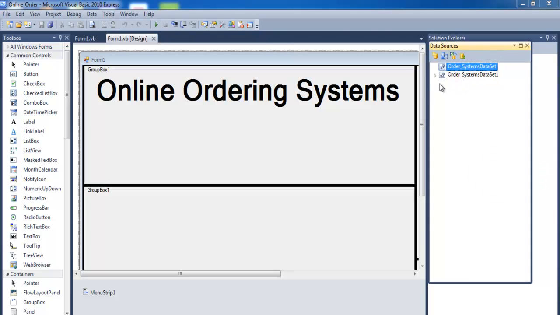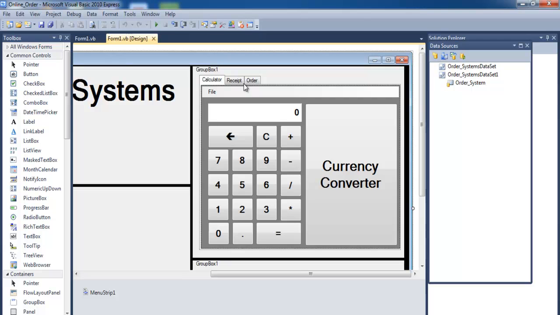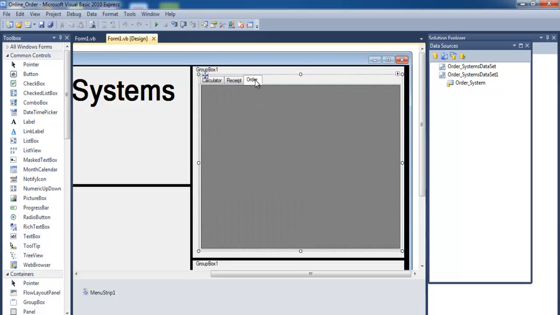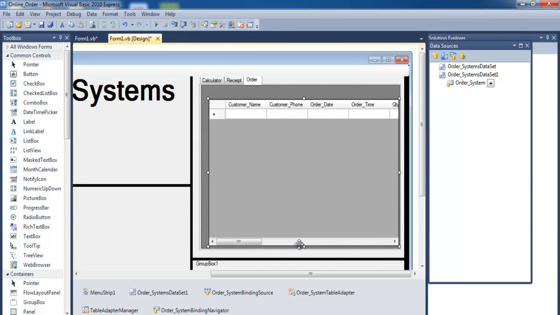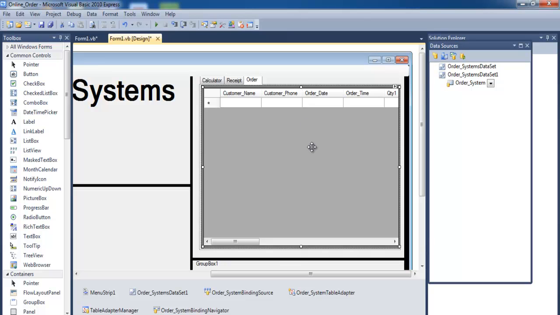Drop this down. Okay, now that is the data grid itself, so I need that right in here inside order. So drag that and drop it in here. There, that is for my order, and bring this down. Okay, that will be for official purpose. Okay, the next one, it will be